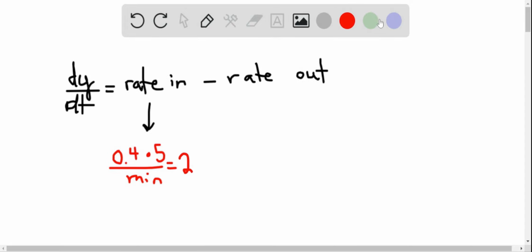Okay, the rate out is a little bit different since it's a different rate. We're removing 3 per minute times whatever the concentration is of the fully mixed solution. So the concentration of the fully mixed solution is going to be Y, which is the total amount of salt in the